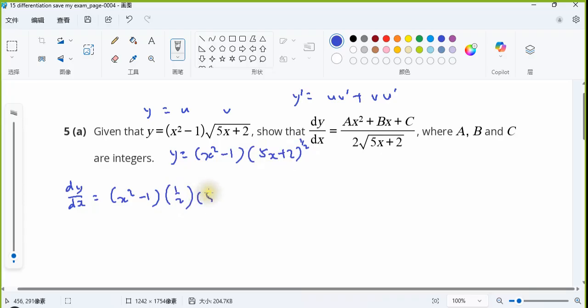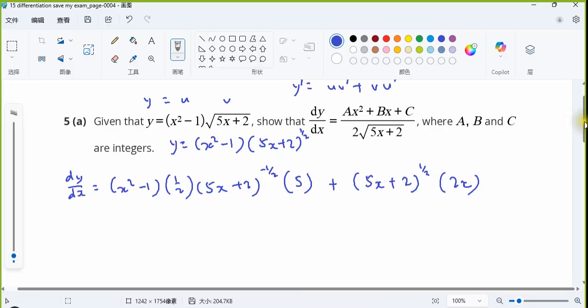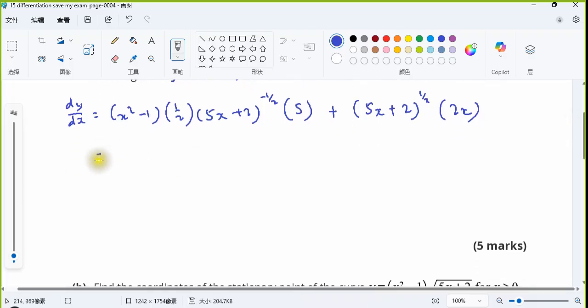So dy/dx is x squared minus 1 times half times 5x plus 2 to the power negative half times 5, plus 5x plus 2 to the power half times 2x. Okay, so this one will be 5 times x squared minus 1 over,